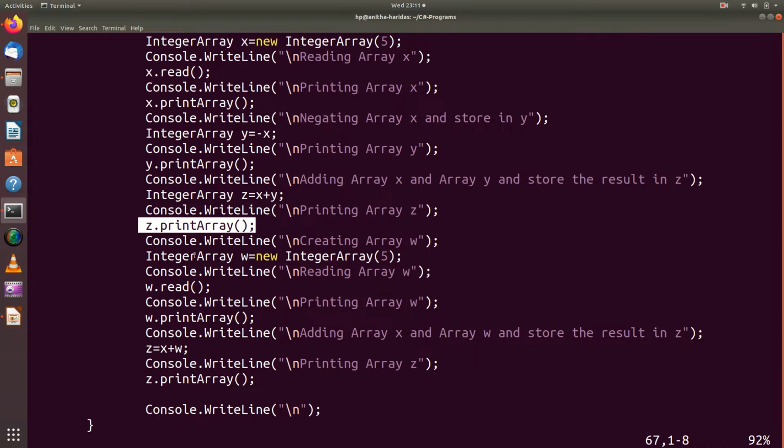Then I have created another new array called w with again 5 elements. I am reading w and printing w. Then again I invoke the plus operator and print the result z using the print array method. So let us see what happens when I execute this program.